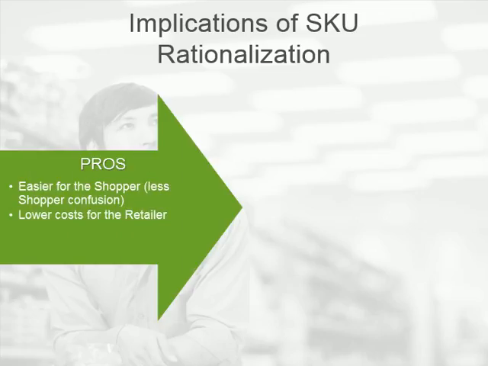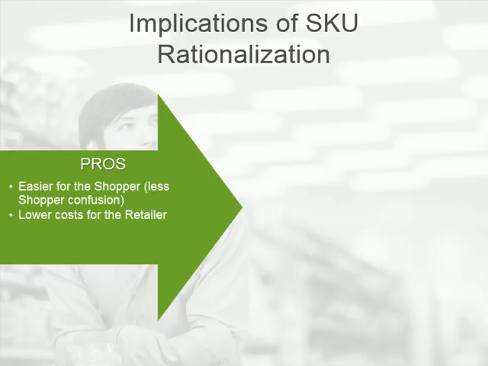There have been many studies over the past decade that show that reductions in assortment do not necessarily reduce customer visits to the store, and sales may remain stable. Many retailers have taken this to heart and have already or are currently dramatically reducing assortments across categories by eliminating underperforming brands and items. Reducing assortment reduces confusion on the shelf for the shopper, and it also lowers costs for